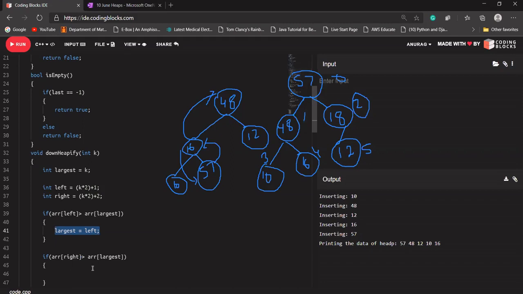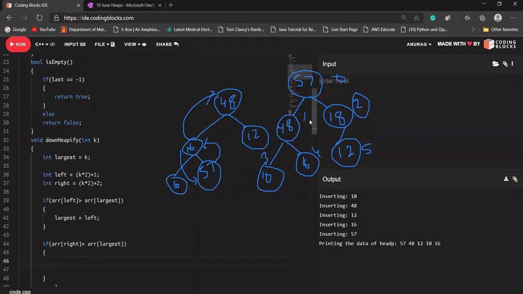And again, I'm checking if the right child is greater than the value at that index, if 18 is greater than 48, because in the largest the index 1 is stored. So if array of right is greater than array of largest, update the largest again with right.